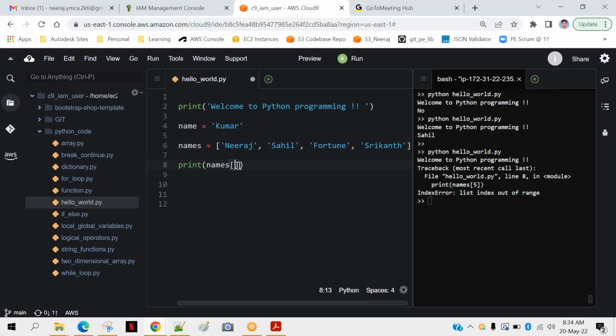Let's talk about something else. Suppose you want to find out the length of this array. Suppose you don't know how many elements are there. There's a function len, length. Okay, and you can display the length of the array like this. I will put some hard coded text so that we know what exactly it's printing. I will say array size. Okay, array size. Let's execute now.